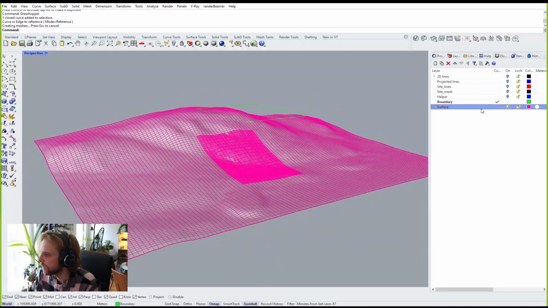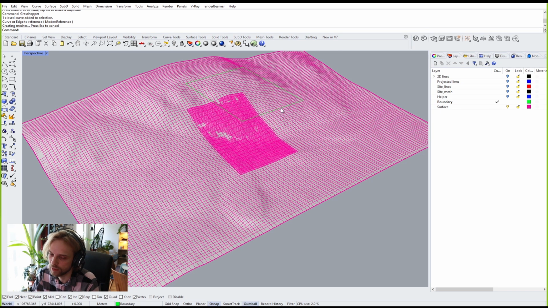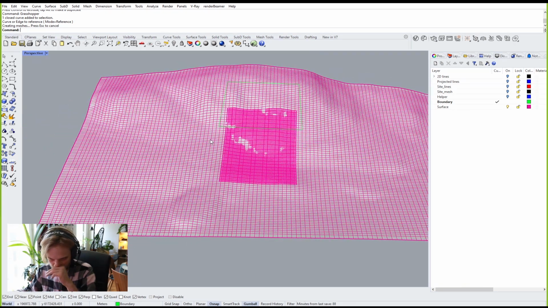Right, so back here, we have our surface node and we have our boundary, right? These are the two layers that we are gonna be using. And what I want is a connection between these two layers. So let's say, and from here on out, I'm gonna teach you a method of how to work with this as if this was